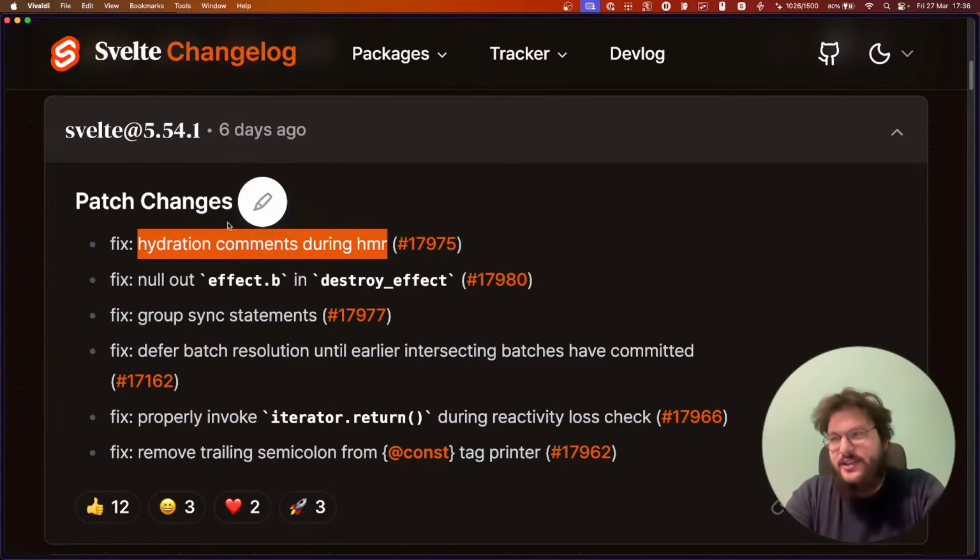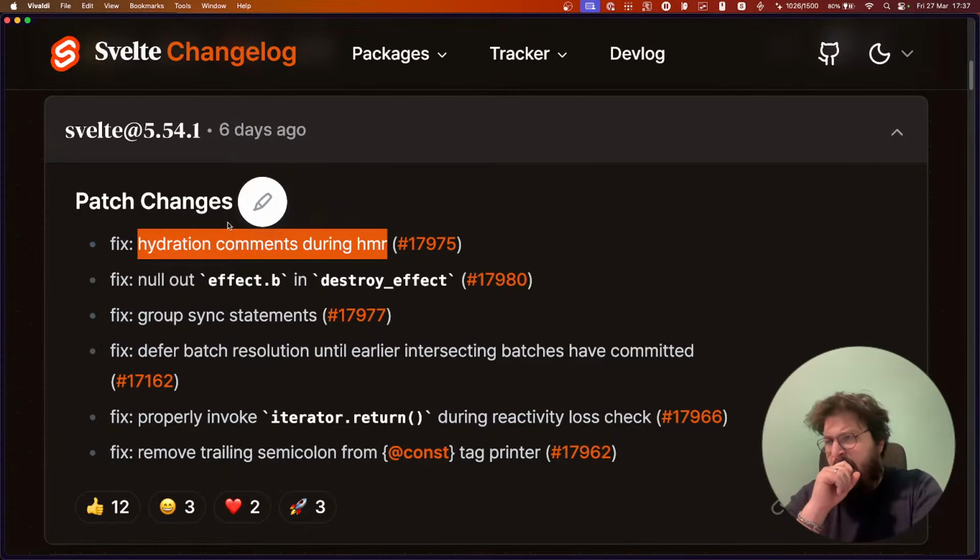The point is those comments were added regardless of whether it was during hydration or not, and so that led to hydration mismatch warnings if you were using an HMR component. At the end of the day, it was kind of an edge case, because HMR is only available during dev, so you won't have this problem in production, but it's a fix for something.